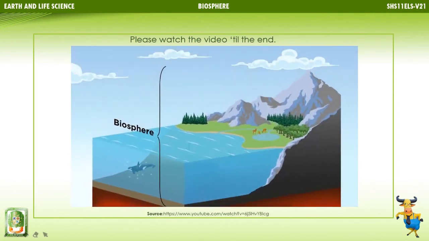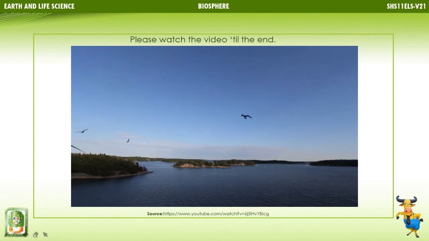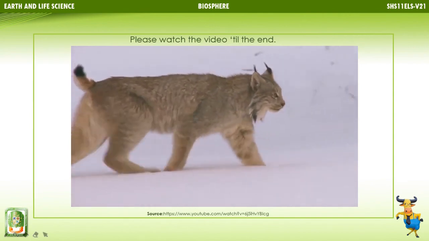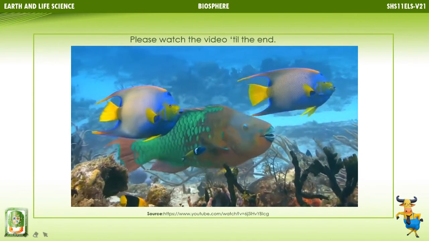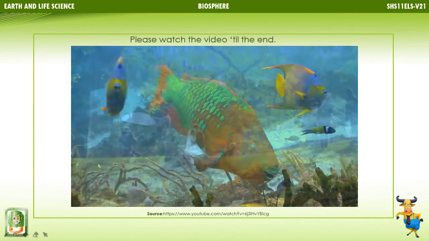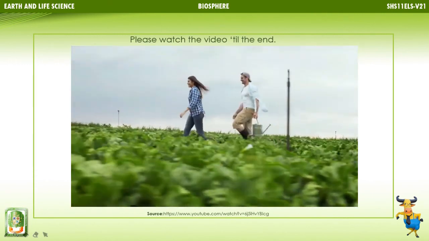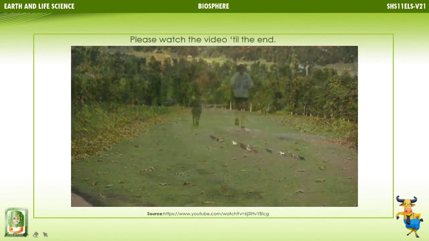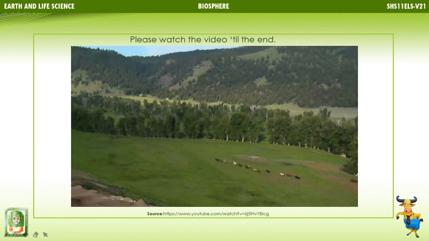Our biosphere, bio meaning life, contains all of the life on Earth. Living beings are found everywhere on Earth, even on the parts that appear to be uninhabited. The biosphere overlaps the atmosphere, lithosphere, and hydrosphere. We are part of the biosphere, as are the crops that we grow and the pets that we keep. Every living being, from tiny bacteria to blue whales, is part of Earth's biosphere.